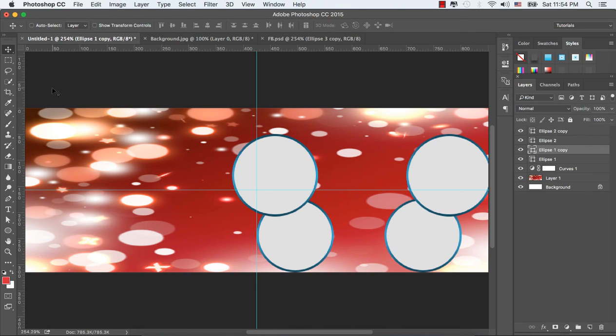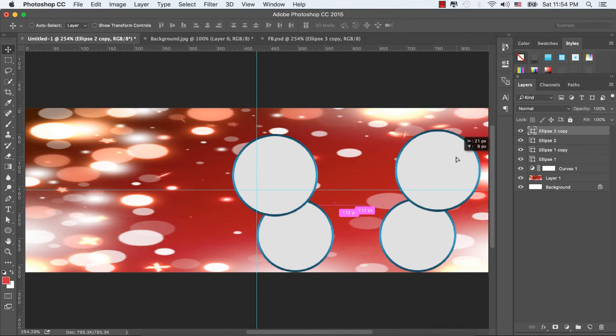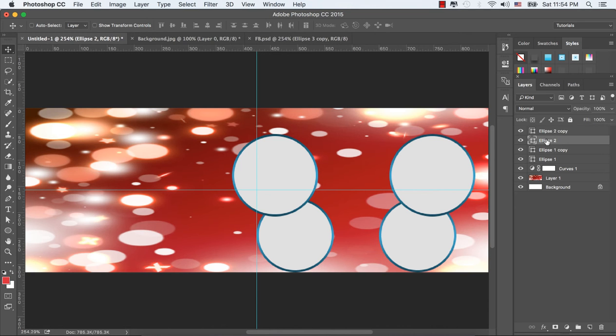Now let's select the ellipse 1 and bring it leftward. Again select the ellipse 2 copy layer and bring it to the left side.